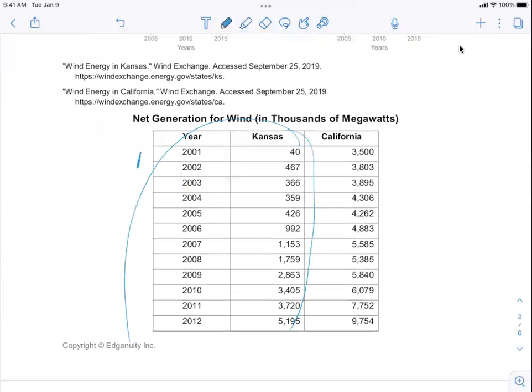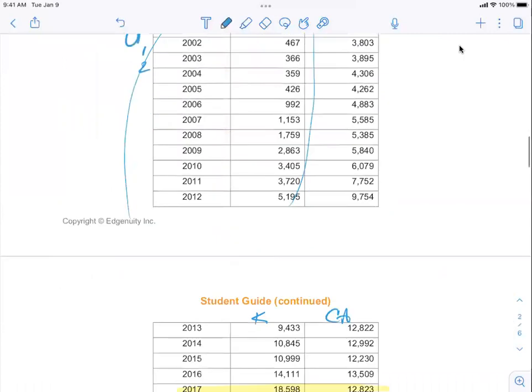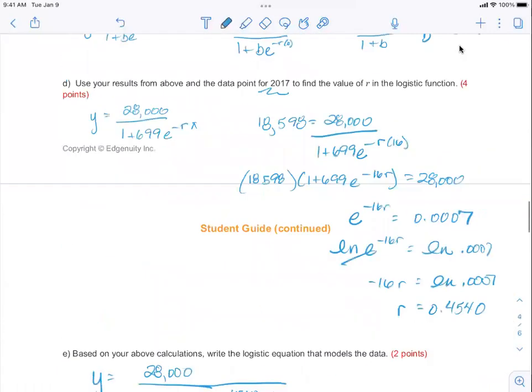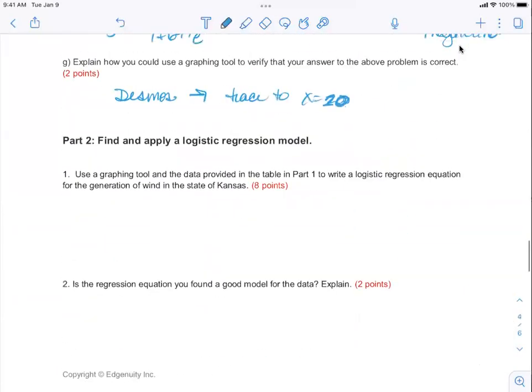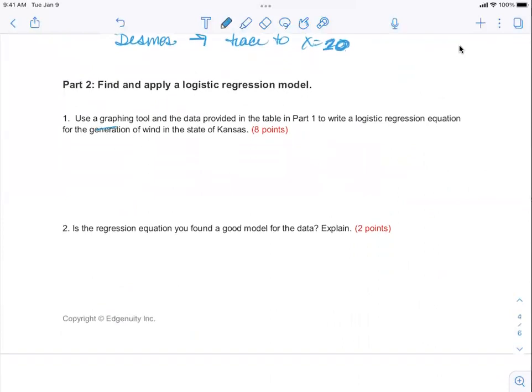This would be your 0, this is your 1, this is your 2. That graphing tool, again I recommend Desmos, will give you the equation. So the exact equation is y equals